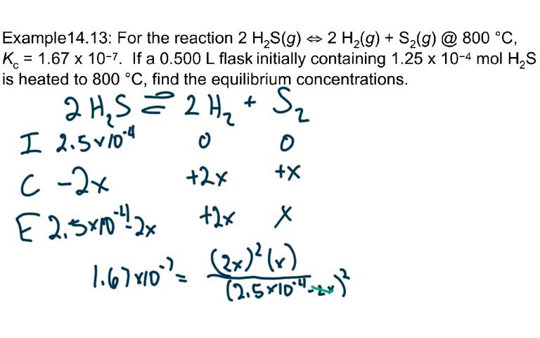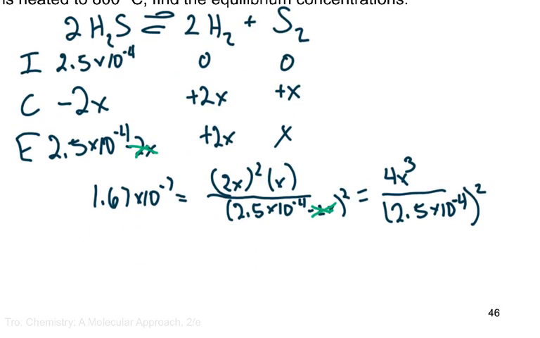So we're going to get rid of this minus 2x in both of those places. That means with our x is small, we're going to have 4x cubed on the top, 2.5 times 10 to the minus 4th squared on the bottom. That I can solve with just a single 4x cubed. So I can find that now my x is equal to 1.38 times 10 to the minus 5,